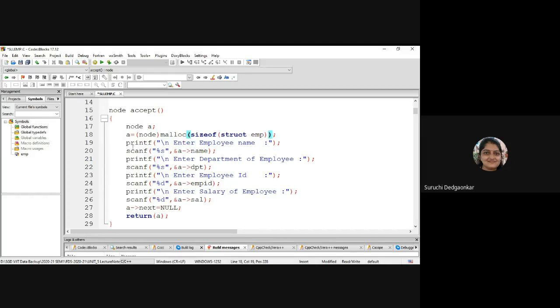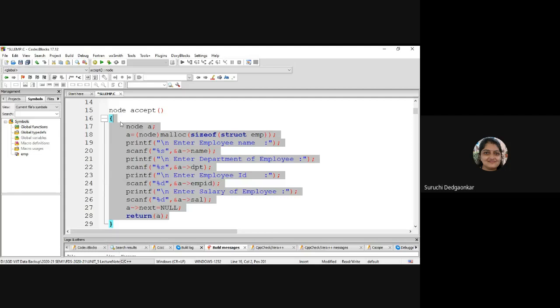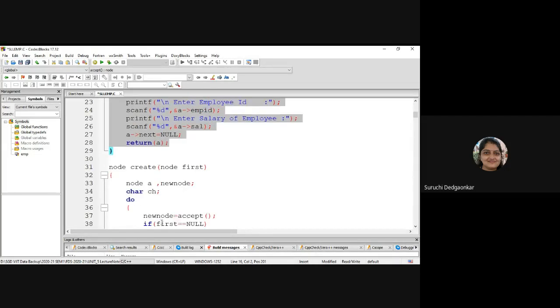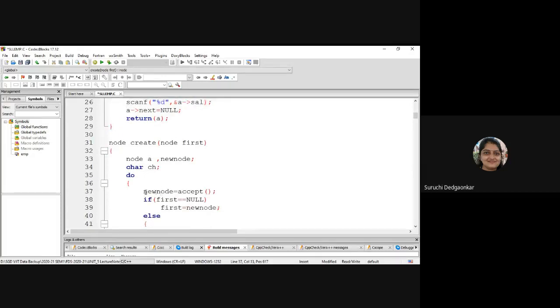And we have taken the data in that node. Here the data has all the employee details. That's why all the details are taken. In your case, if you are taking simply an integer, you will take that integer value. And a next is equal to null. Next is initialized to null. Then return a. So such a node, for which we have allocated memory, initialized data, and next pointer, will be returned. So here we will get a new node, properly created.